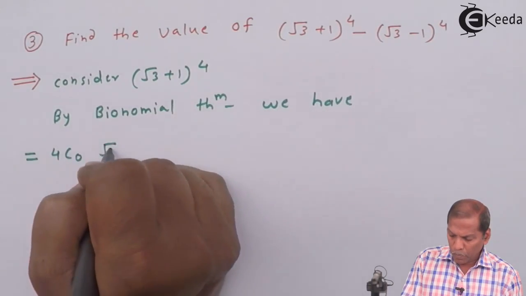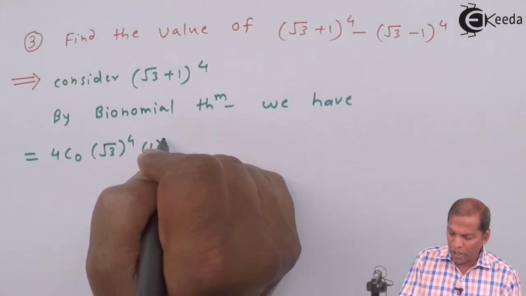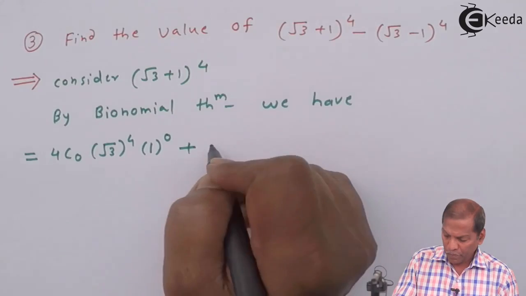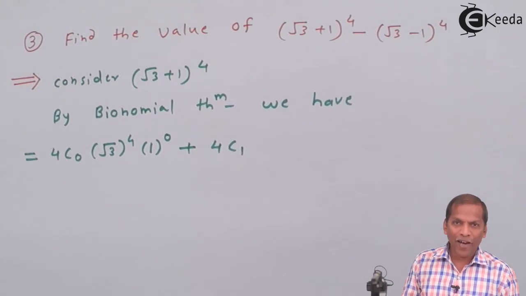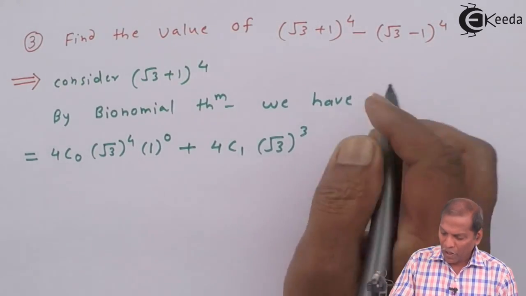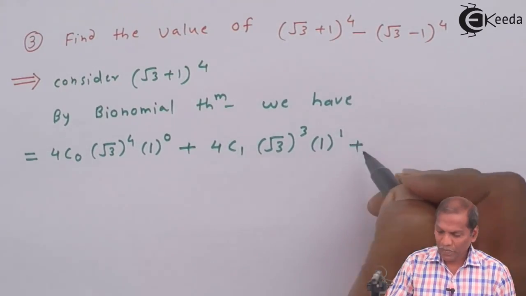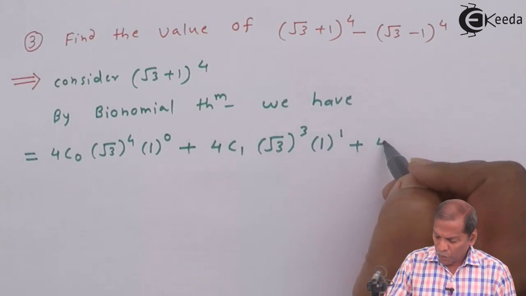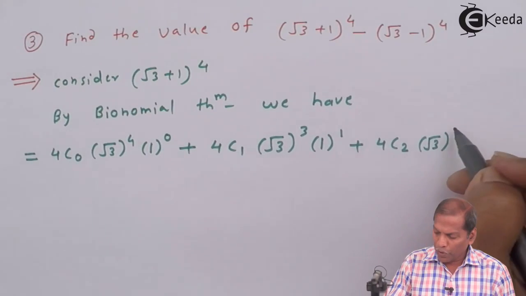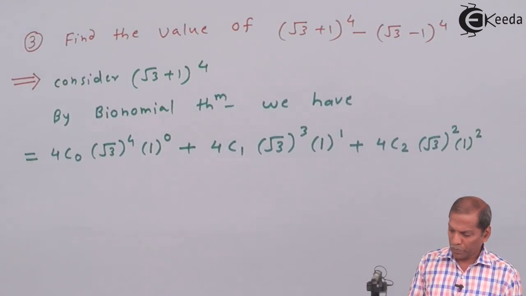4c0 into root 3 raise 4 into 1 raise 0, then plus 4c1 into root 3 raise 3 into 1 raise 1, plus 4c2 into root 3 raise 2 into 1 raise 2,